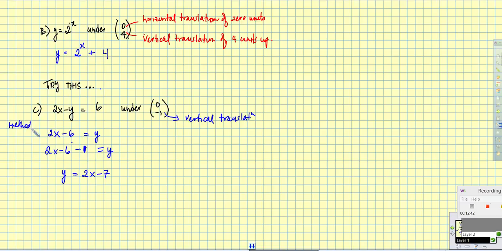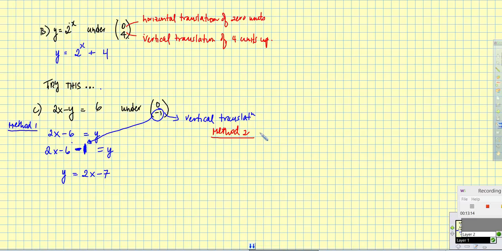So all I would do is isolate for y, and I would make sure that my value of y, or my function, has to be moved down 1 unit. And therefore, I just say 2x minus 6, and then there's my minus 1, because I'm moving it down 1 unit. Okay? The second method that I could use, method 2, is maybe a bit more complicated, but it's very